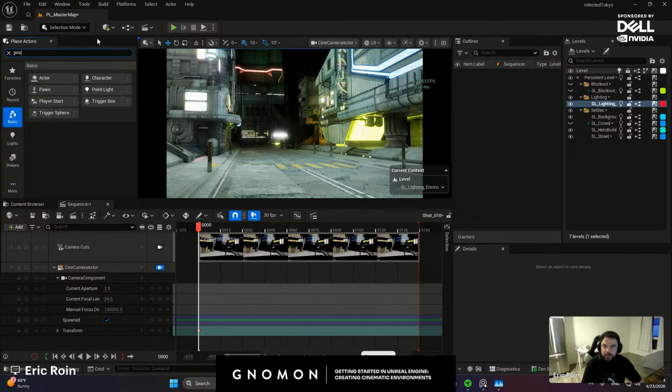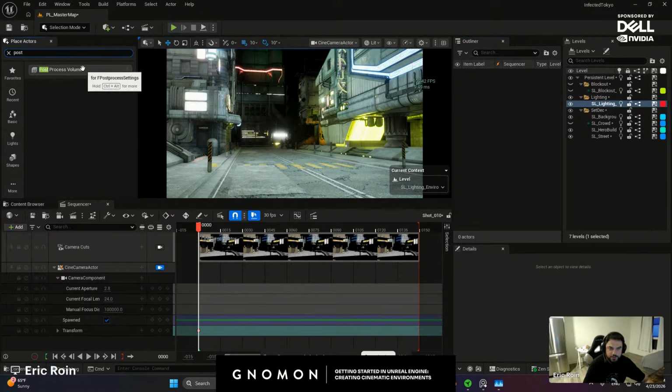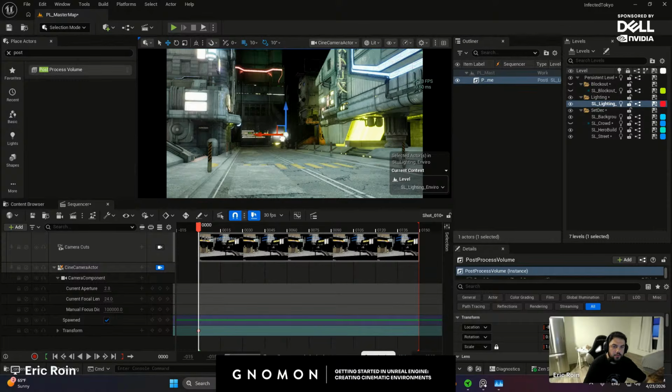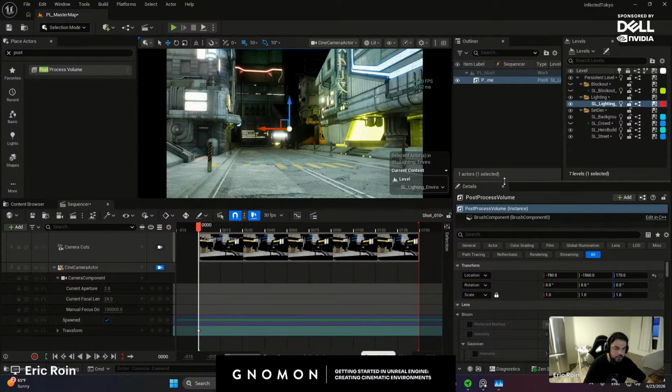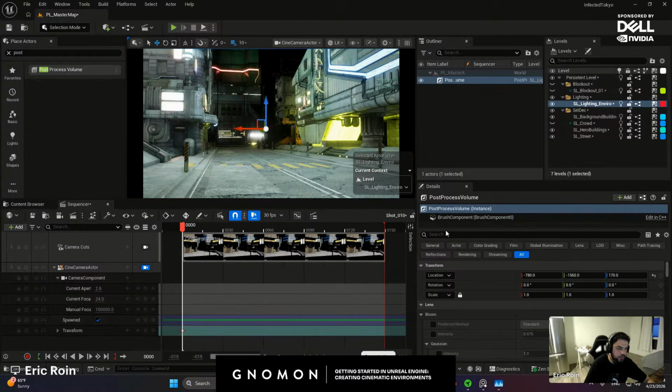So usually what I do is I add what's called a post-process volume. Post-process volume essentially, for those of you who have an editing background or any kind of color grading background, think of something like DaVinci Resolve or After Effects. But for 3D, you can modify gamma, contrast, saturation, all the things that might be familiar to you in other software, but now in the 3D space. And post-process volume can also make the area feel unique, right? So if you have a swimming pool and the player dives into the swimming pool, you want to make that area blue. That can also be post-process, or what's called color correction, for the game engine.